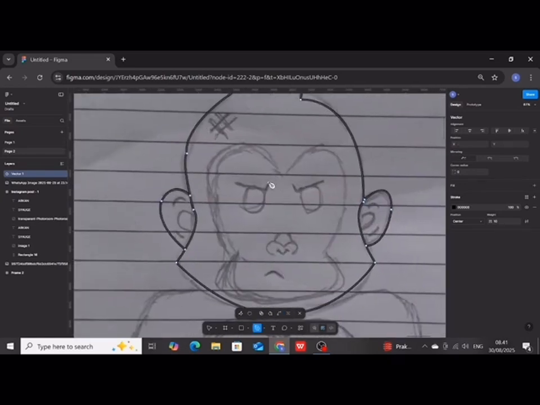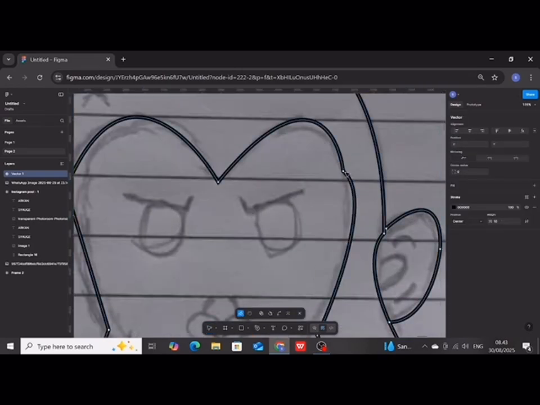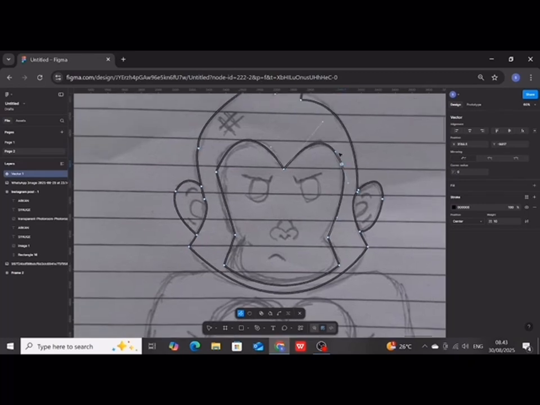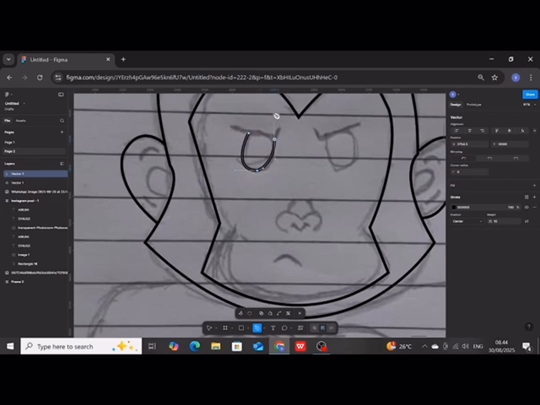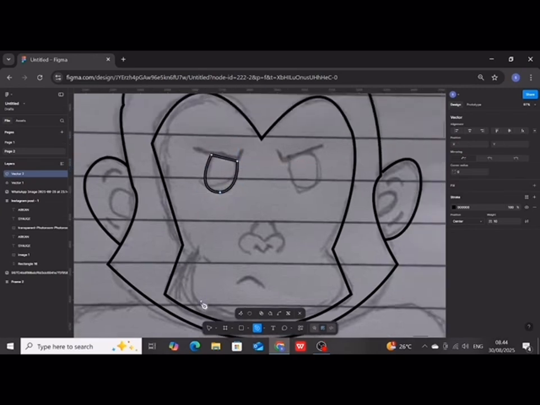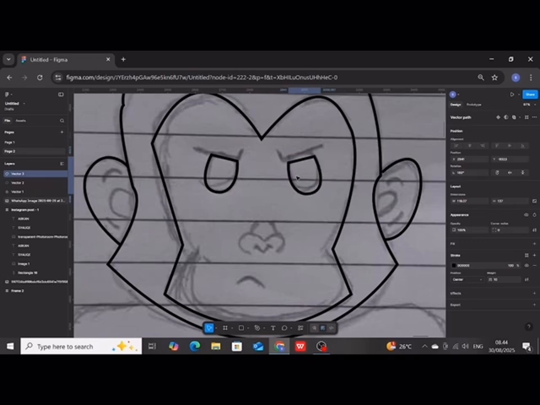The very first step, of course, is to prepare the Figma application. The software is free to use and very popular for UI design, prototyping, and also illustration. Once you have Figma open, you shall also prepare a reference image, something that you will trace. In my case, I already have a picture of a gorilla that I drew earlier, and I will use this drawing as my reference.